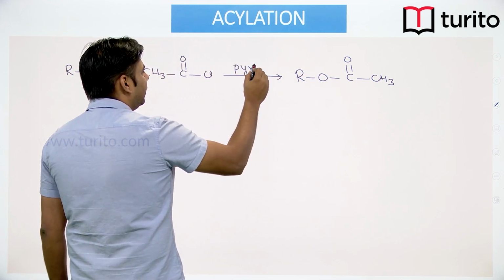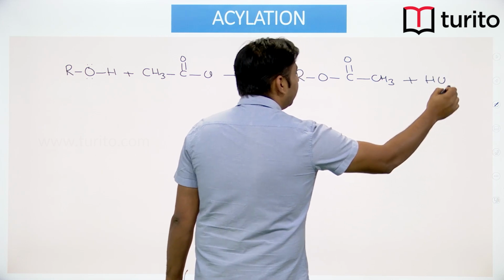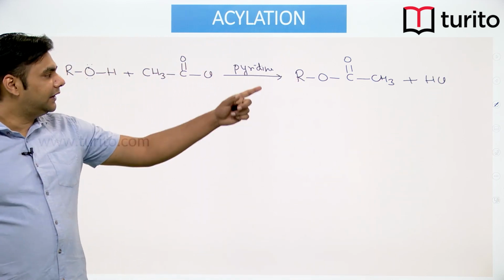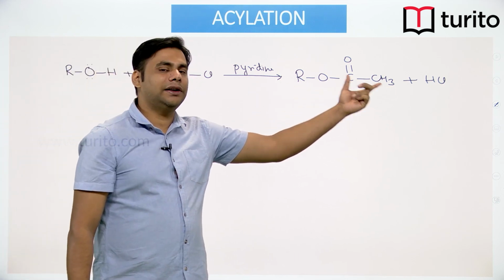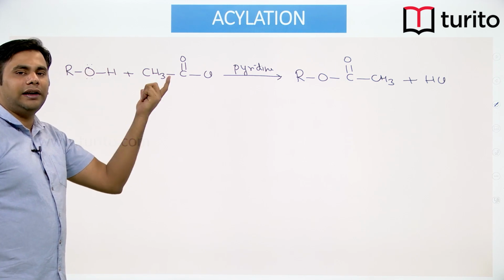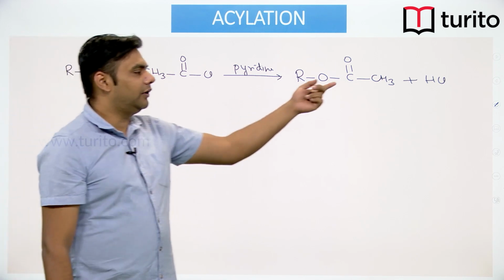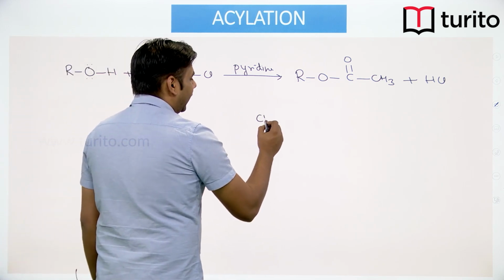pyridine. Pyridine over here does 2 things. First it neutralizes the acid that is formed, because we know that the ester can undergo acid hydrolysis and it can revert back to the alcohol and the acyl chloride. So basically pyridine will neutralize the HCl. Also what happens is initially the pyridine attacks,